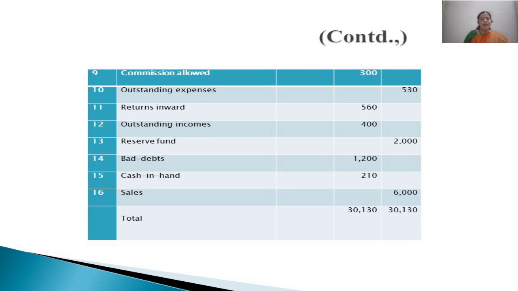So after taking care that all the items given in the improper trial balance are taken properly here, not omitting even a single account, and writing the corresponding amounts in the corresponding columns properly, finally make the totals of both the columns, debit balance column and credit balance column. And even here the same amount is there, 30,130. This is what we call tallying of the trial balance.